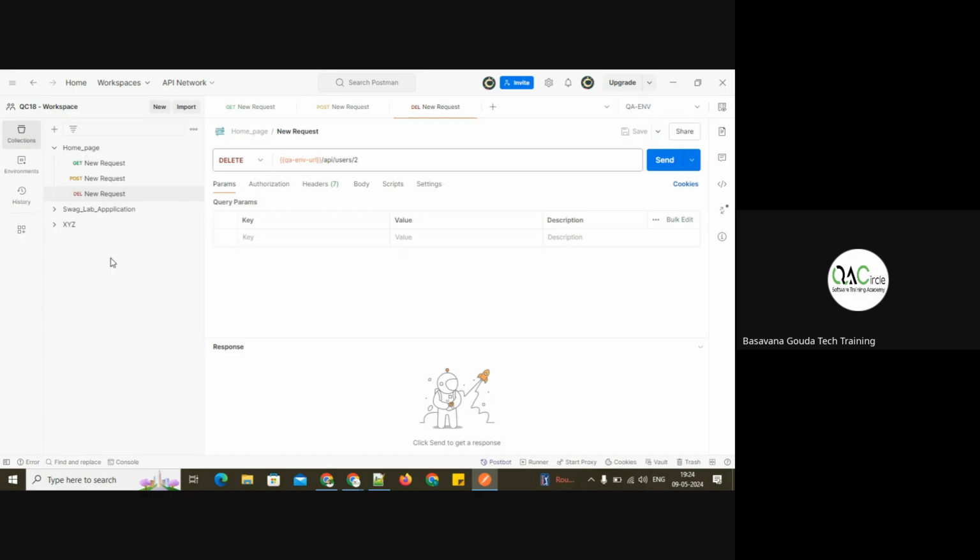So which one is easy: this one, or going to each and every request and changing the URL? This one is easy. Right? Parameterization is easy, or going to each and every request and changing the URL manually, is that good? Which one is good? Parameterization. Right? That is the reason we go for environment variables. Next concept,